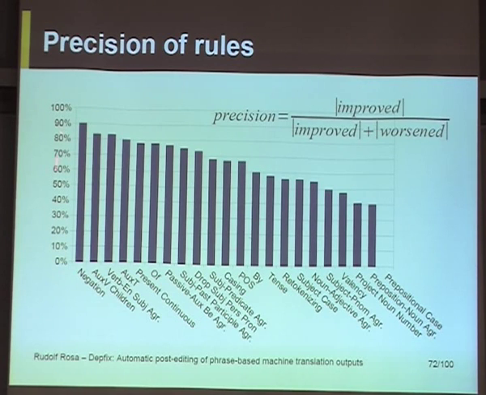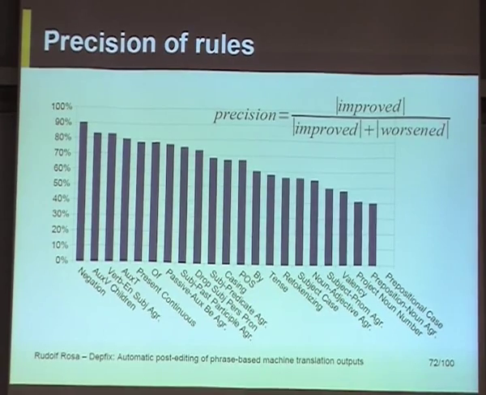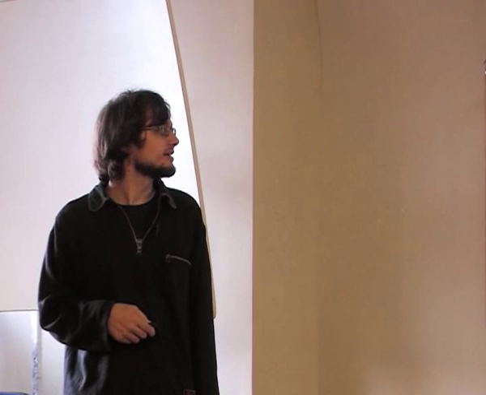The best one actually is the negation correction, which I showed in the beginning, because it changes the meaning of the sentence dramatically when the negation is there or is not there. And luckily it's relatively easy to fix that correctly, so we have some 90% precision in that. And yeah, actually the Valencia corrections are somewhere here, so they're quite around the 50% line, so it's obvious that they are not to be trusted so much at the moment.